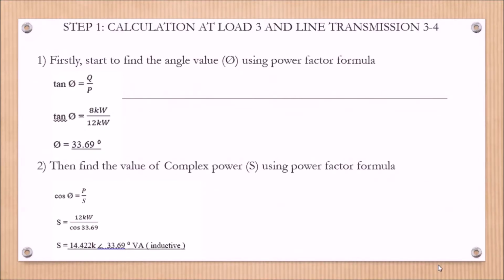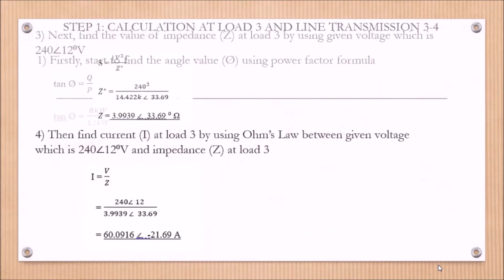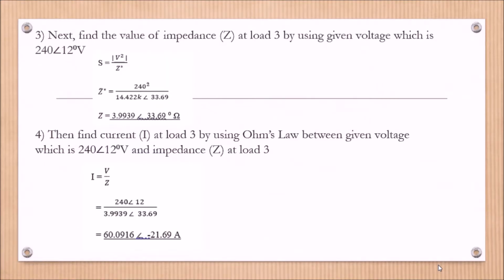Firstly, start to find the angle by using power factor formula, which is tangent theta equal to Q over P. We calculate the value of complex power using power factor formula, which is cos theta equal to P over S. We find the value of impedance at the load 3 by using given voltage, which is 240 angle 12 volt. In formula S equal to V square over Z,